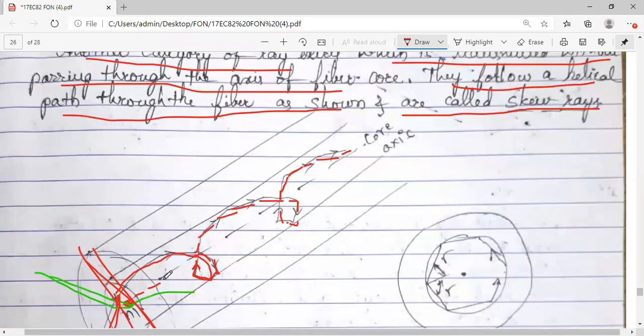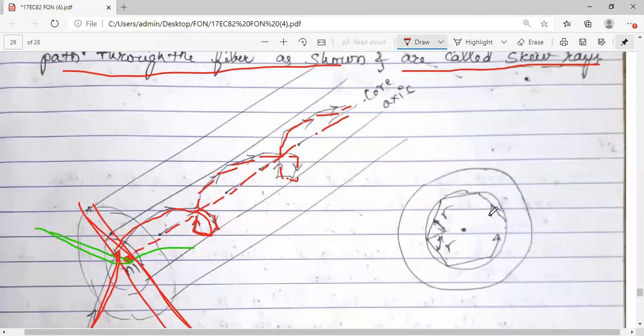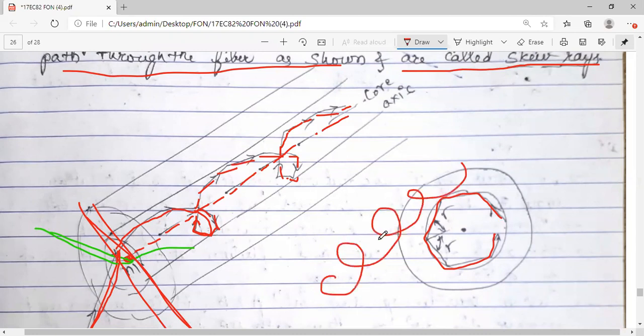Don't forget that even though on paper you can see these helical lines touching the core, in practice it is not like that. In a three-dimensional view, if you visualize a spring and at the center one rod, they don't touch each other. This is the front view, inside, showing how the ray is passing and undergoing continuous refractions. And this is not one single continuous spring. In the front view, only this structure is visible to you.